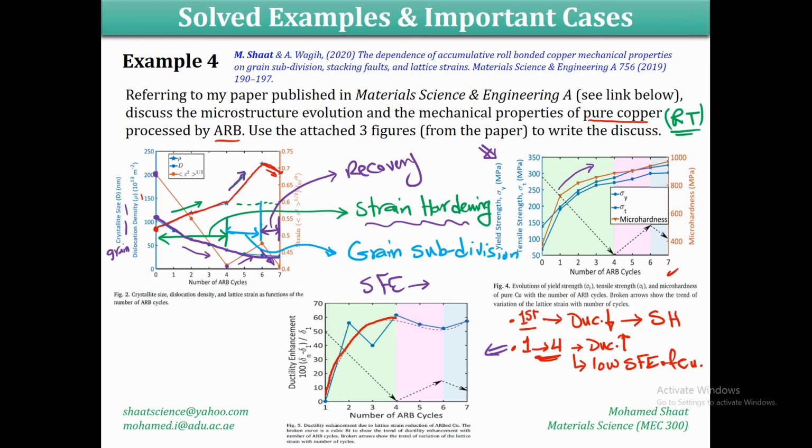As we explained in the beginning of this class, all the electrical wires are made of copper, and it is fine to bend, stretch and twist a piece of copper and it won't fracture, indicating that it is very ductile. One of the reasons is that it has low stacking fault energy. So copper has a low stacking fault energy, and this gives the copper the ability to build ductility. Another reason is the decrease